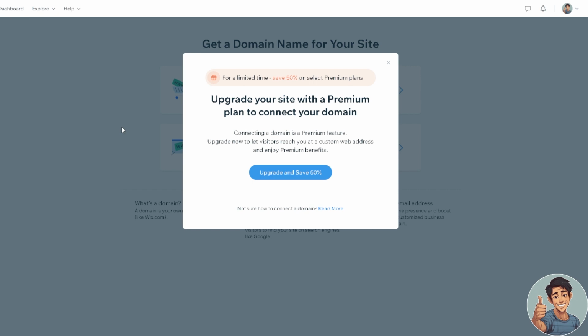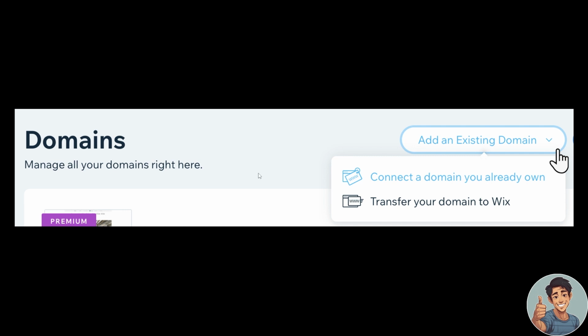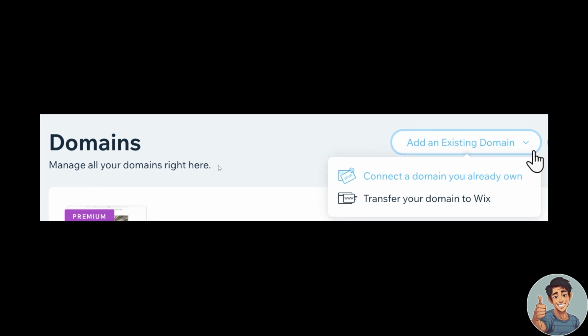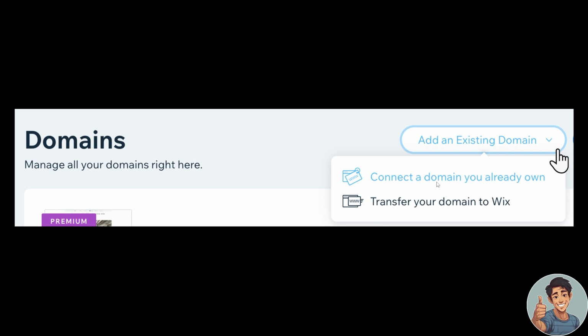But if you do, you would be able to see it on the search bar. Just look for your domain or paste your GoDaddy domain. It would look something like this one. All right, so here it is. All I gotta do is add an existing domain, connect a domain you already own. After doing so,